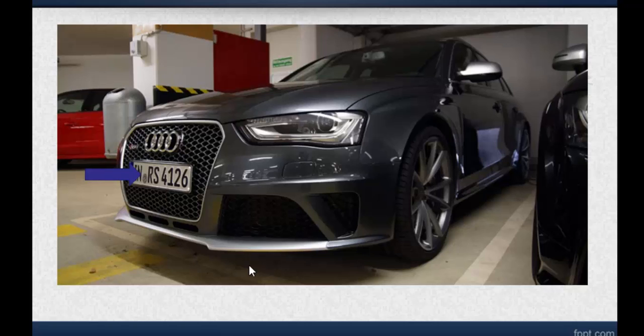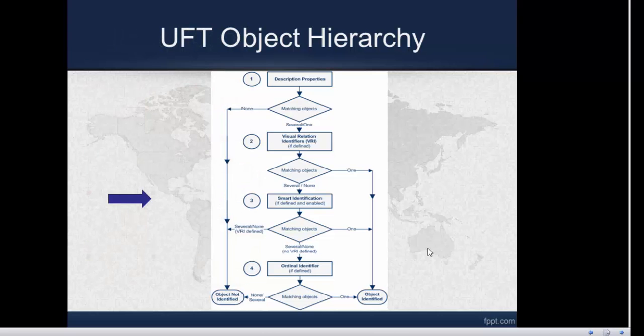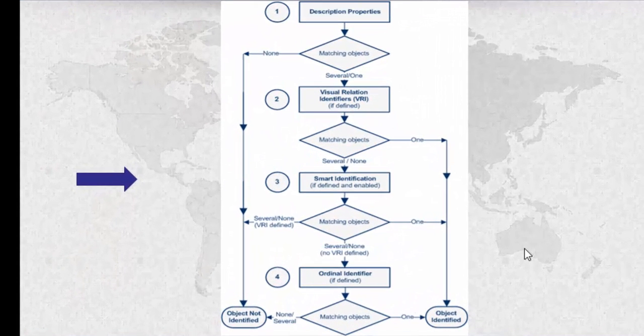Here car is the object. In the same way UFT identifies the object in a hierarchical way with the help of a unique value. So here the unique value like number plate is known as a mandatory property, and the other property values like color, manufacturer, model are known as assistive properties. So UFT identifies the object with the help of mandatory and assistive properties in a hierarchical way.